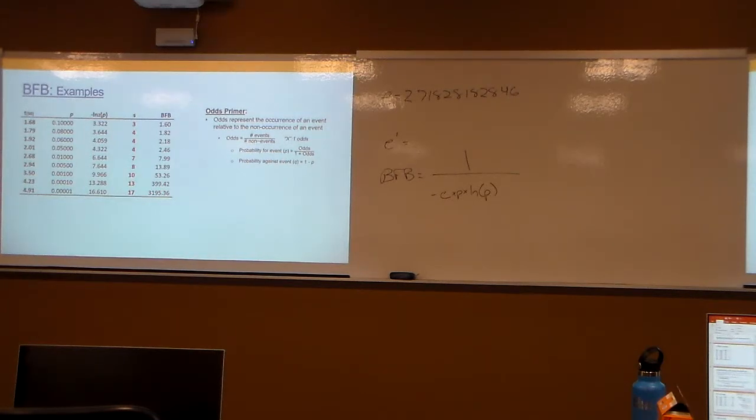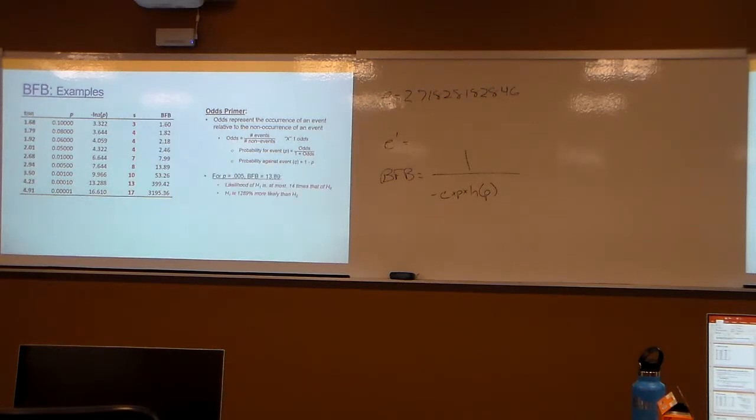Or if I said rolling something other than a 6, right? There are 5 ways to get something other than a 6, and only 1 way to not get a 6. So we would say 5 to 1 odds on that, right? We can take our odds and translate those into a probability. If we take the odds over 1 plus odds, that's going to give us probability, and then we can take the inverse of that and talk about the odds again. So odds are nice because we can work those either way, move them back and forth, and